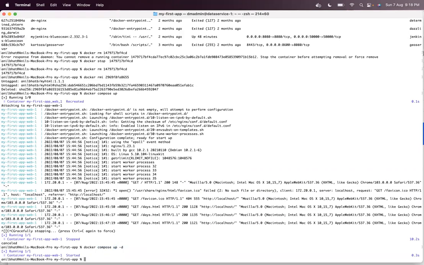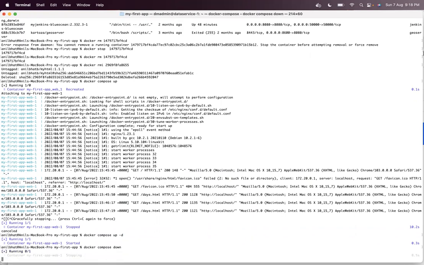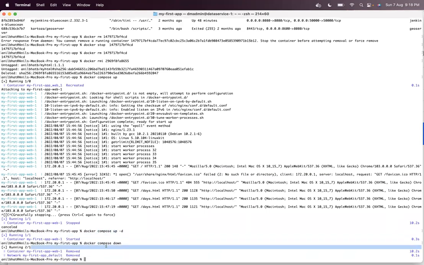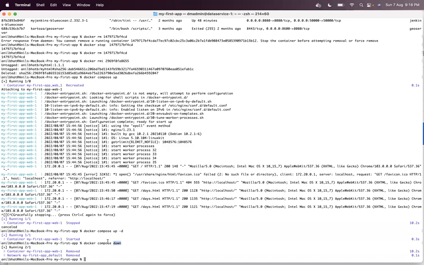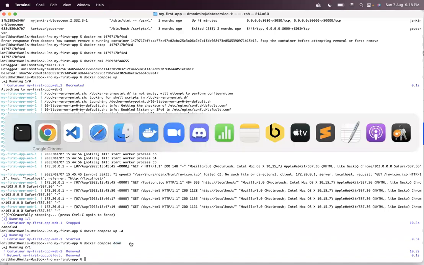You can also do docker compose down. There is a command docker compose down, which will stop the container. Whatever container is started by docker compose up will be shut down by the command docker compose down. There are many other commands with respect to Docker Compose. You can play with each and every service.